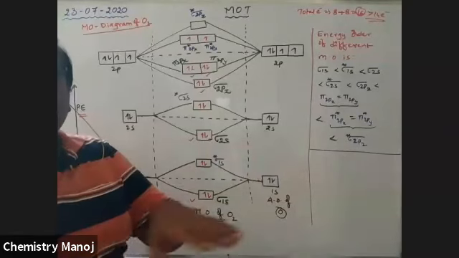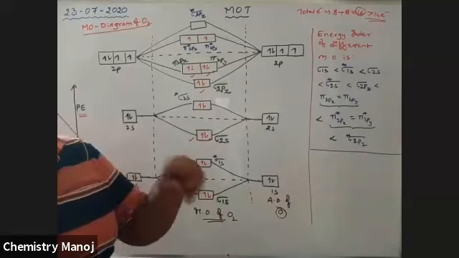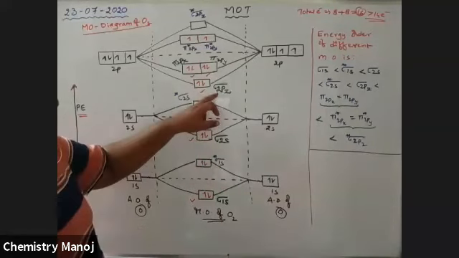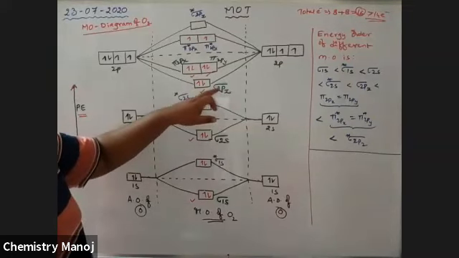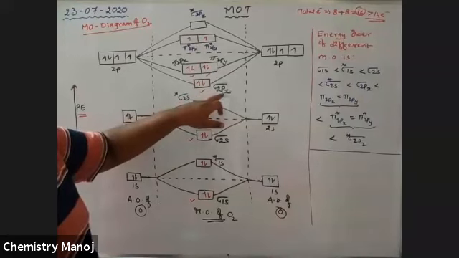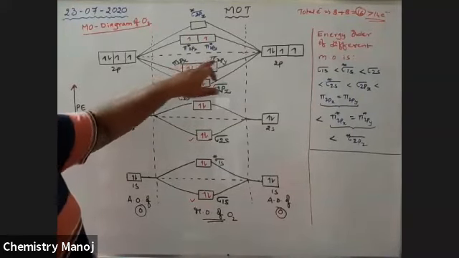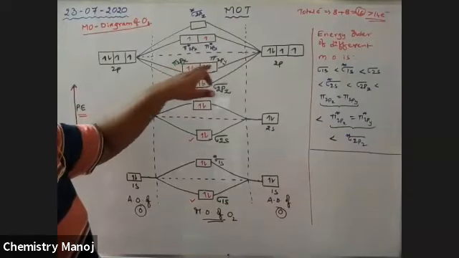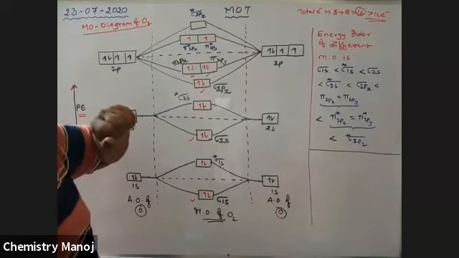Generally, the z-axis is the molecular axis. So along the z-axis, we expect sigma bonds. Along the y-axis and x-axis, we expect pi bonds. That is why sigma 2pz means sigma bonding molecular orbital. So sigma star 2s is less than sigma 2pz, which is less than pi 2px, but these two orbitals have the same energy.